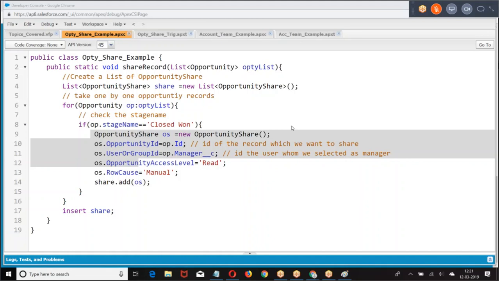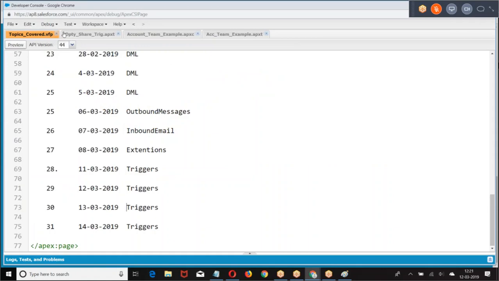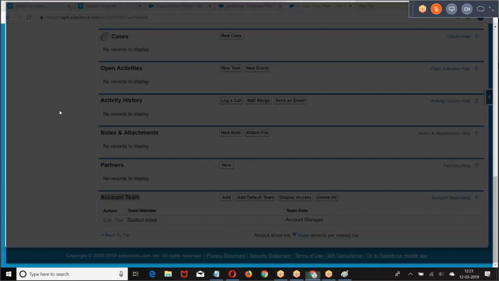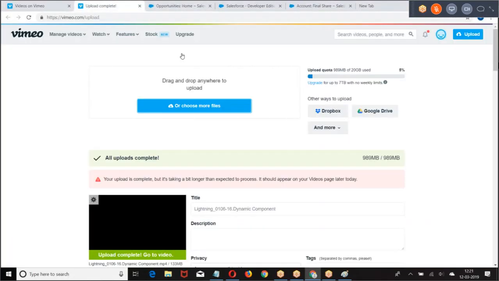Satish, I was trying to create a before insert trigger, in which the condition was that the contact should only be created. It will not work like this. You have to write a query and get the account rating. You cannot directly give C dot account dot rating. You have to write a child to parent query and get it. Okay. Thank you, sir.